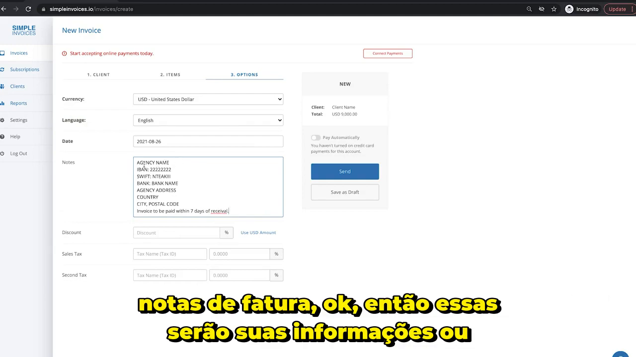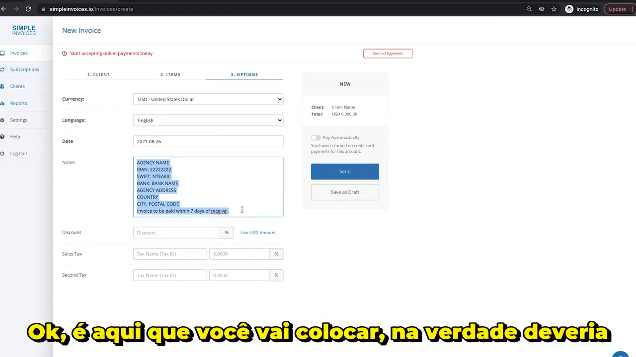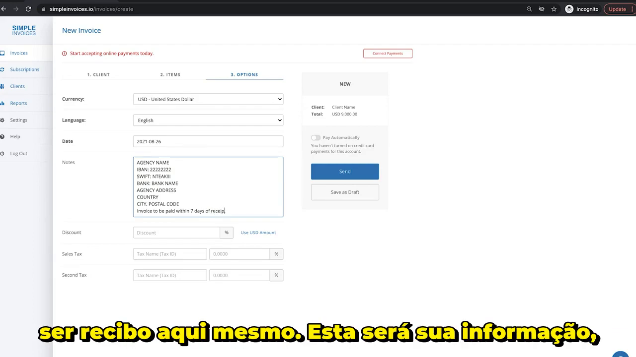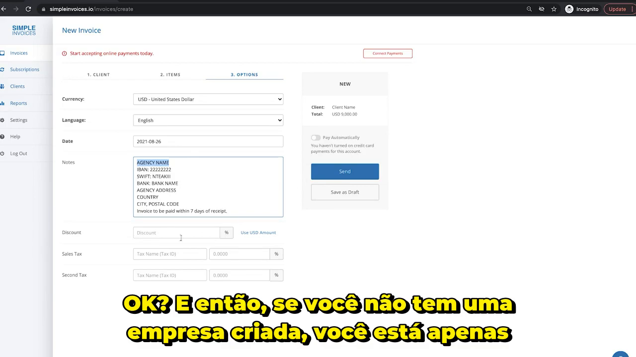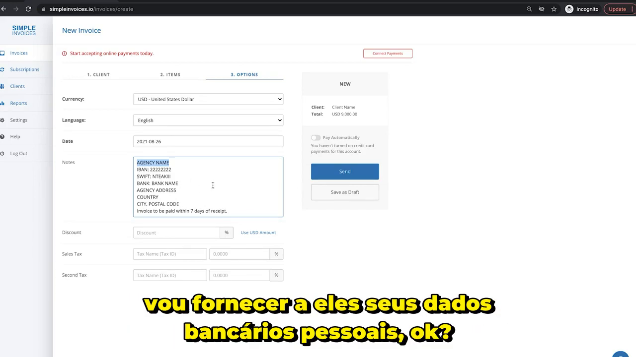Okay, so this is going to be your information. This is where you're going to put it; it should actually be receipt right here. This is going to be your information. And if you don't have a company set up, you're just going to give them your personal banking